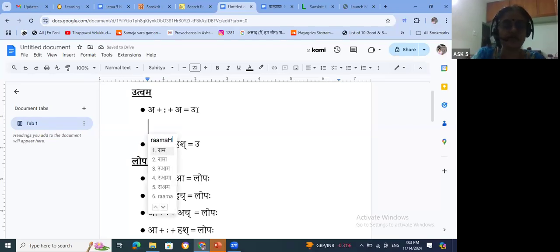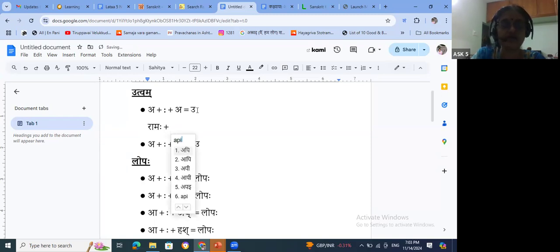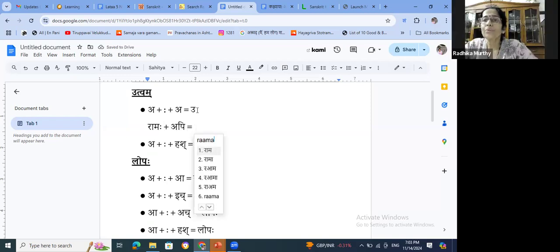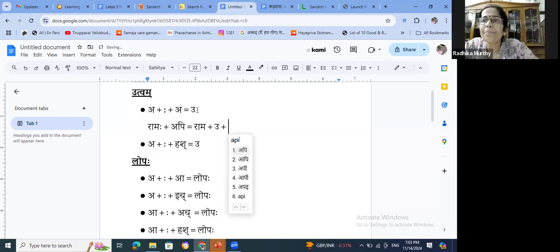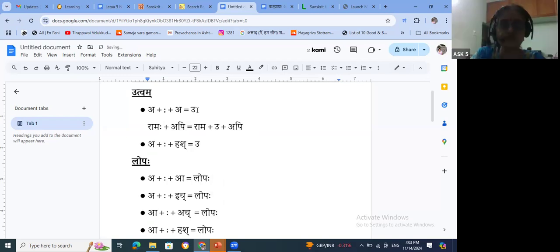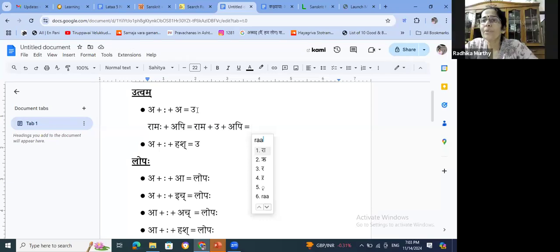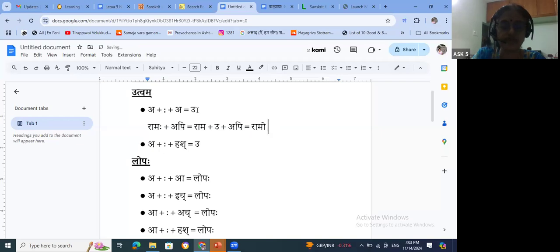The example would be Ramaha plus api, I mean Ramaha api. So what will happen? It will become Rama plus U plus api. And Rama plus U will become, because of Guna Sandhi, what? Ramo. Ramo and api. And then because of,